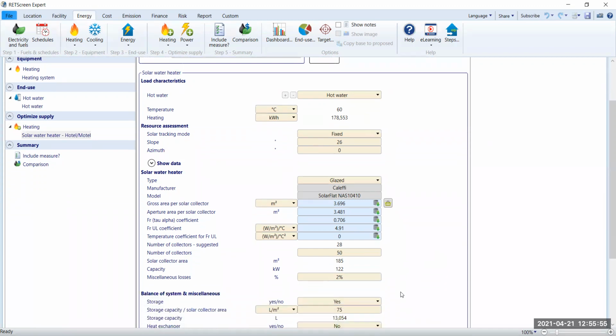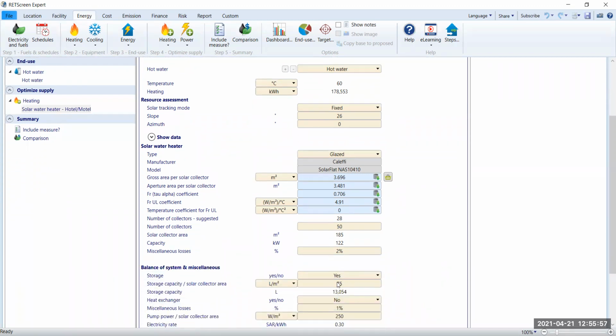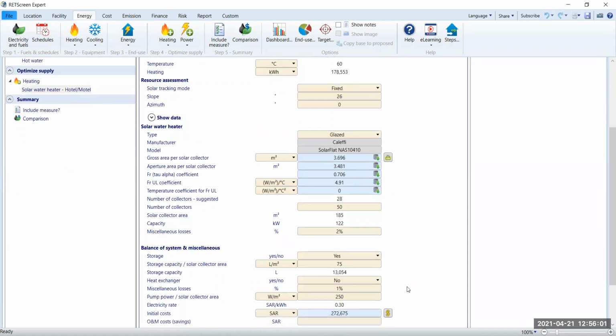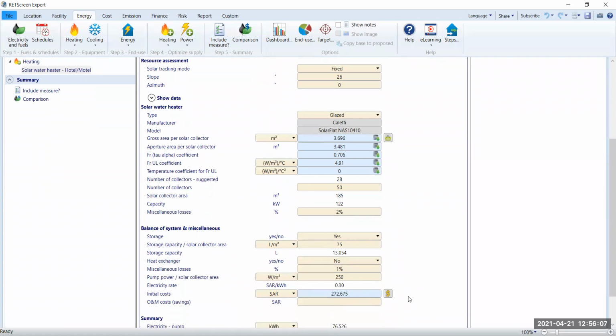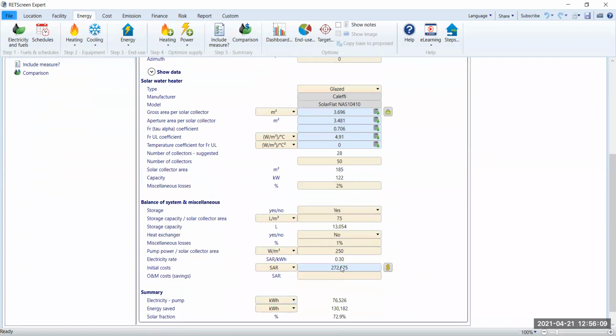And then at the end, you are going to use this as 75, which is the standard storage. Price of electricity has been taken from the previous slide. And then finally, we're talking about... Is this where we can change the values? Oh, yes. So we're talking about some sort of hand calculations part, because the prices of